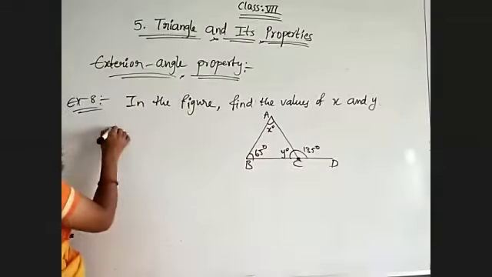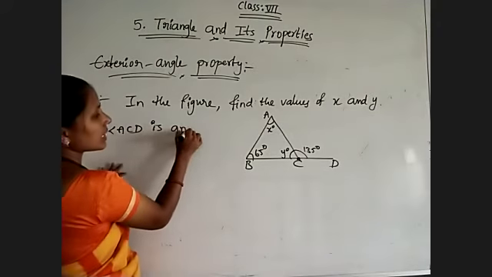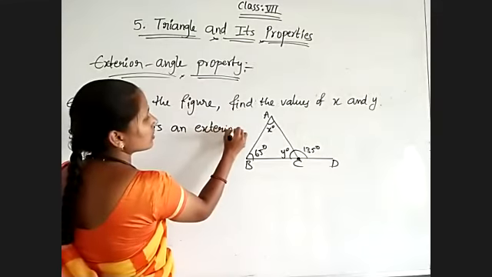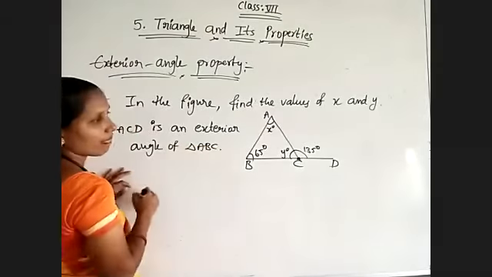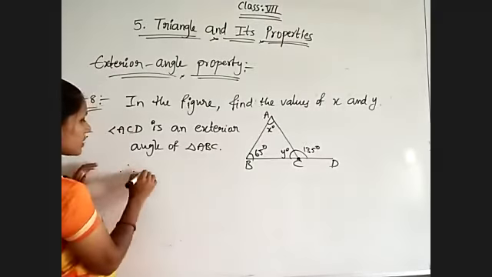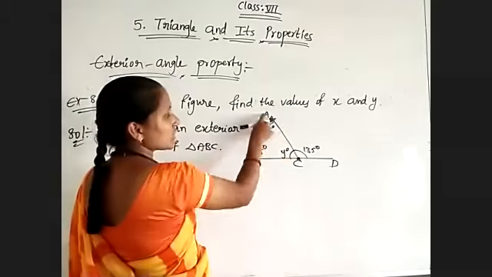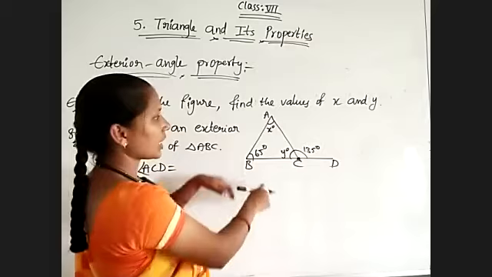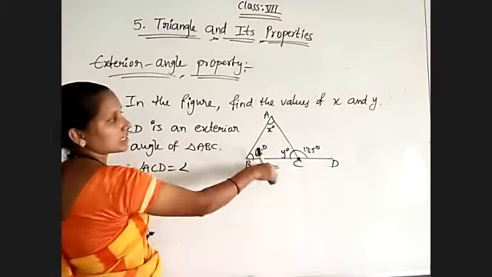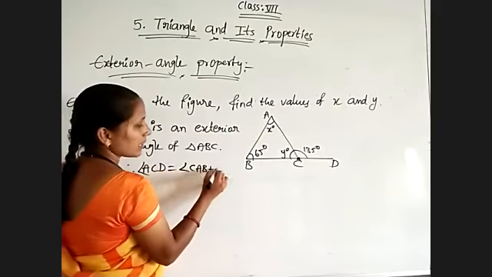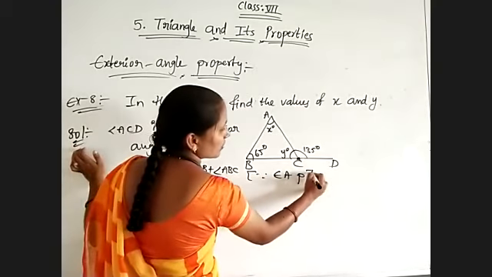Okay. So it is very clear that angle ACD is an exterior angle of triangle ABC. Therefore, angle ACD must be equal to CAB, that is angle A plus angle B. Directly we can write why, because it is divided into only two parts. But you can mention interior angle CAB plus ABC, since from exterior angle property only.